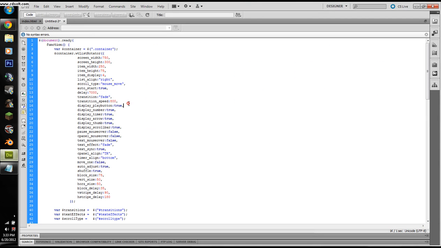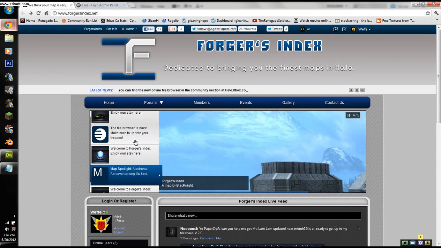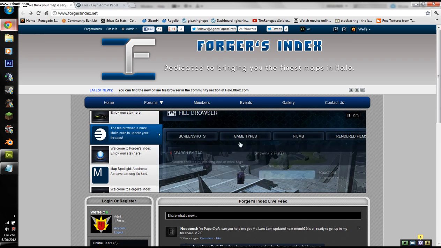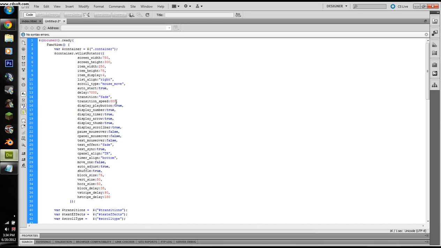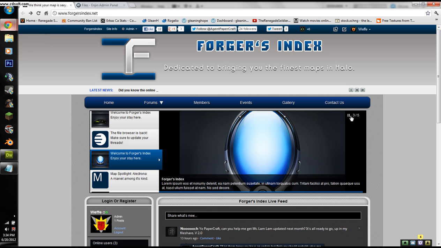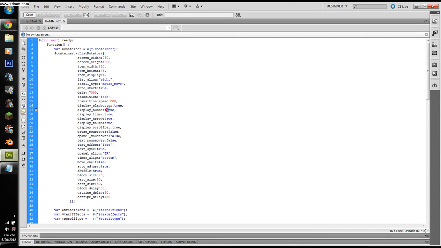Oh, we'll do that afterwards. Transition speed is how fast the transition will be. So it basically will take 8 milliseconds for this to transition. And then display play button. This is the display button right here. So if we set that to false,